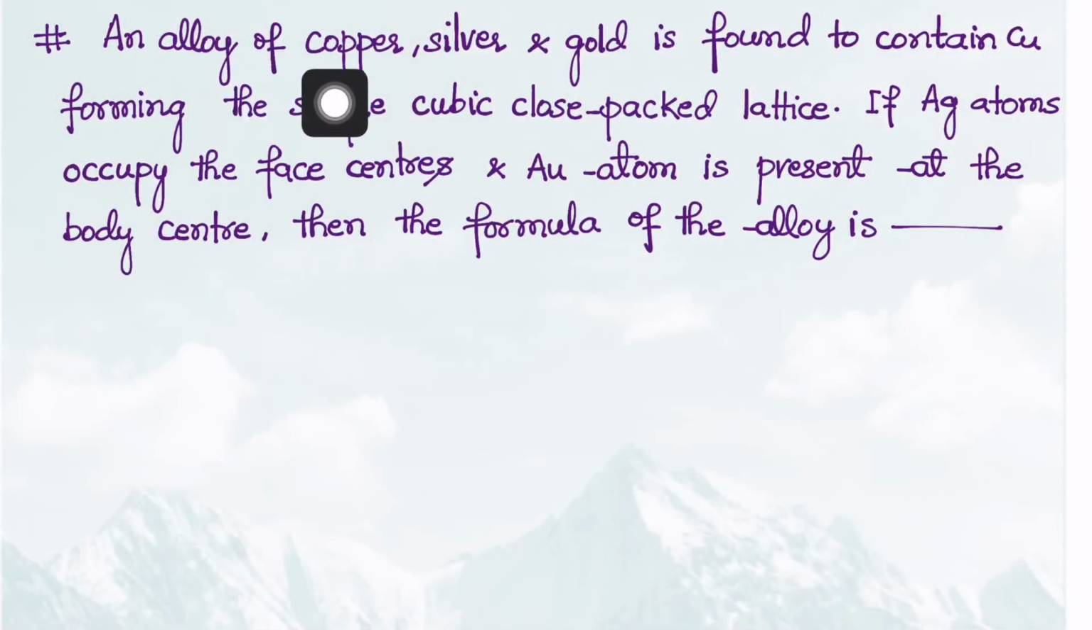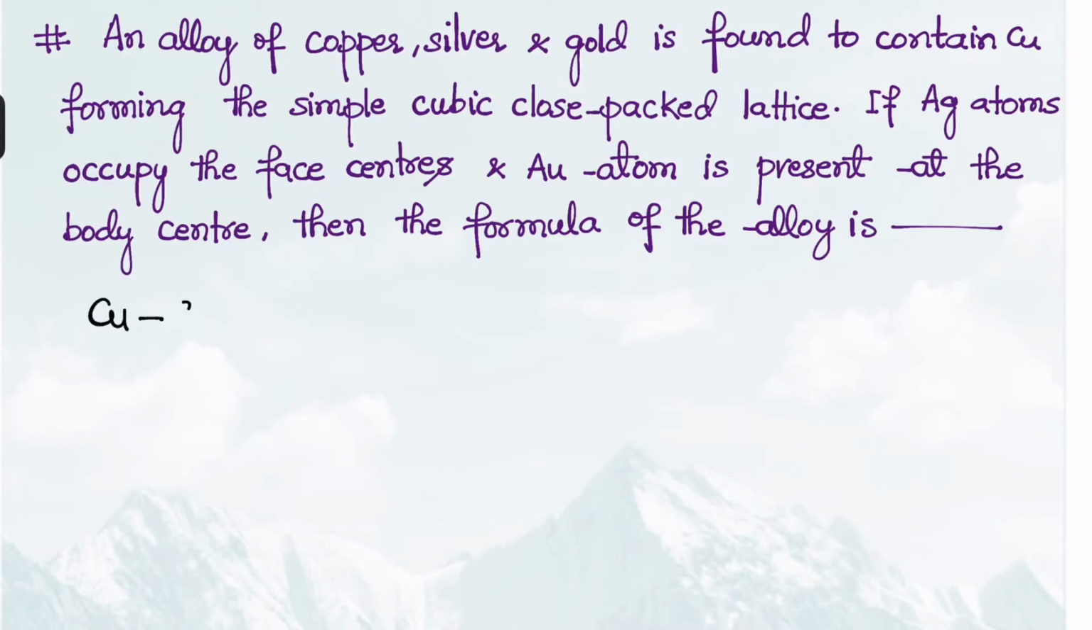An alloy of copper, silver, and gold is found to contain copper forming the simple cubic closed packed lattice. So, copper is forming a simple cubic lattice. If silver atoms occupy the face centers, and gold atom is present at the body center, then the formula of the alloy is. Okay, so we'll first see the